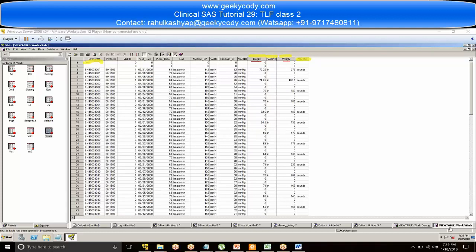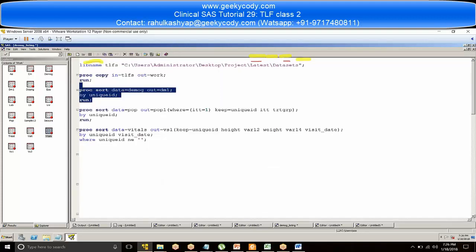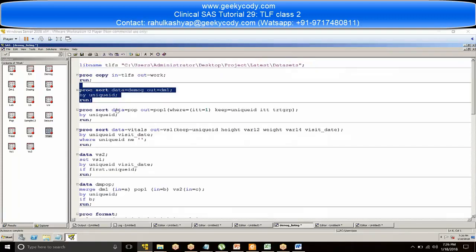For that reason, what I'm trying to do now: right click on it, click on close, right click on it, click on close. Now go to the vitals. Let's see the vitals now. Don't target any other things. Let's see the vitals. We are sorting the data called vitals, out is called VS1. In that we are selecting the unique subject ID, that is unique ID, height, var 12, weight, var 14, and